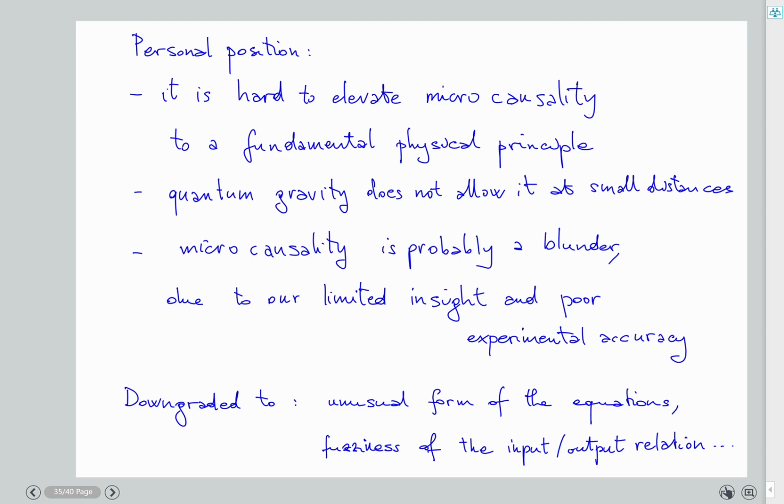It was already hard in the standard model, but quantum gravity, the one I formulated, gives the final blow to it. At certain distances, it doesn't occur. But that doesn't mean you cannot study scattering processes at smaller and smaller distances. So probably it is a blunder due to our limited insight, and we may downgrade it to an unusual form of the equations where there are these oscillating averages, which still allow us to make predictions and test the predictions. So to conclude,